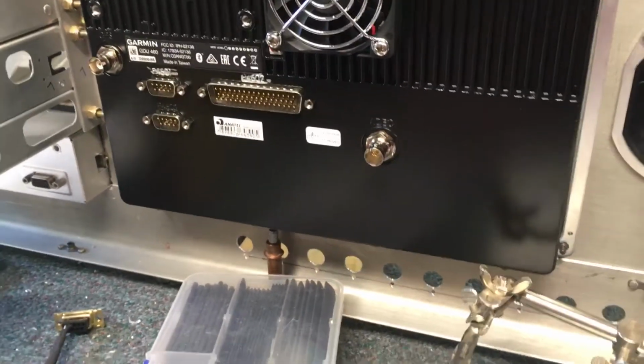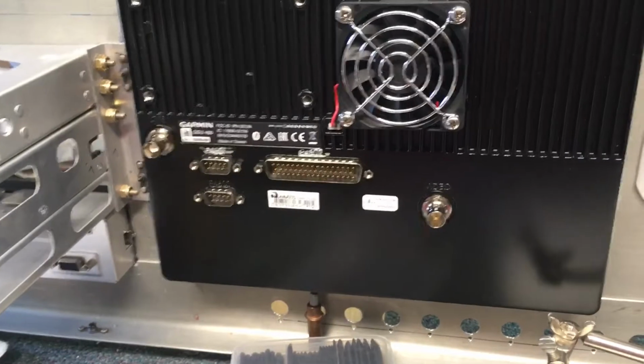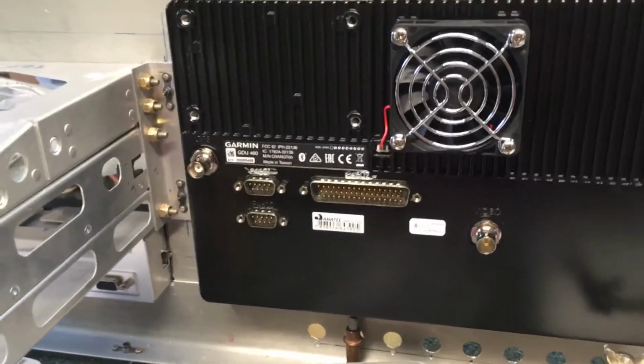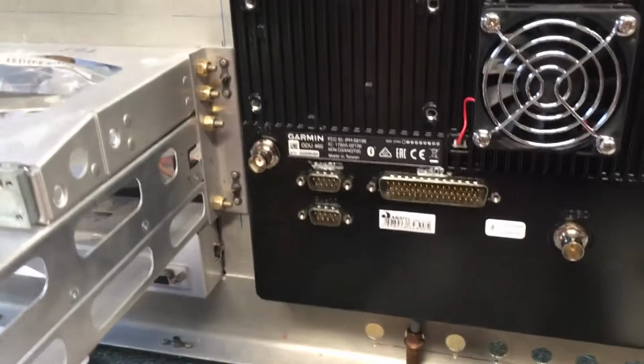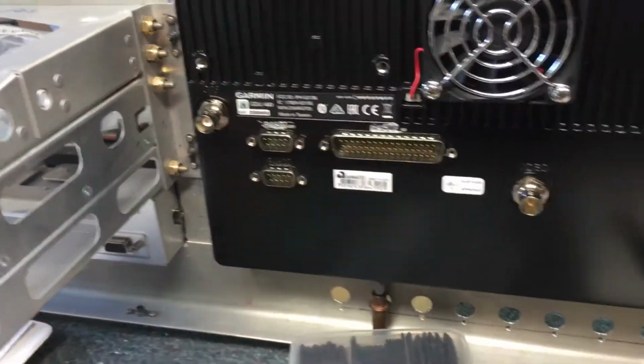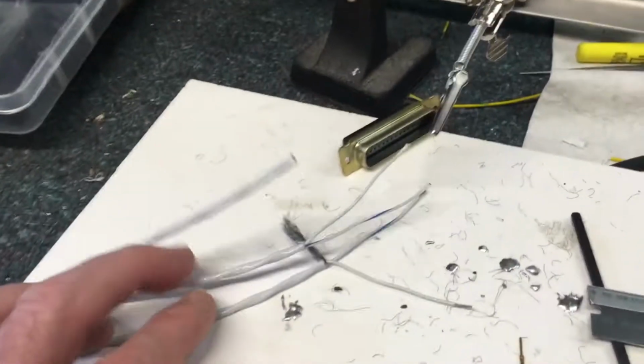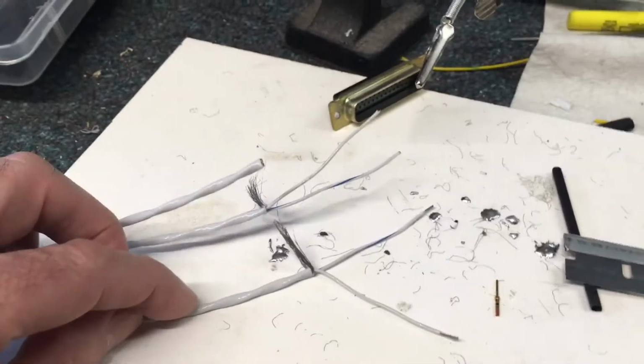I don't know why Garmin and some of these other companies don't do something like that. It would be so simple if there was just a second one of these ports probably that had jumpers running from the first one, so that you could just plug in a cable and go to the next one. So since they don't, you're stuck with doing some cobbled up